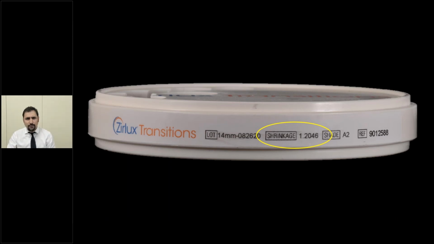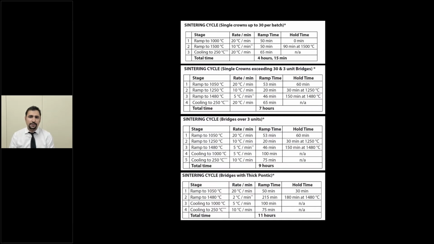So when we go to the sintering cycle of Zirlux transition, it's very important to read this very carefully, because we're going to discuss later how the sintering temperature is going to affect our zirconia. You can see that it's recommended to ramp it up to 1500 for single crowns, up to 30 per batch. That's also very important to read, because sometimes we have cycles that are really fast, I don't know, 90 minutes, 1 hour, but they limit how many crowns you can put in the same batch. This provides you up to 30 single crowns in one batch, which takes around 4 hours